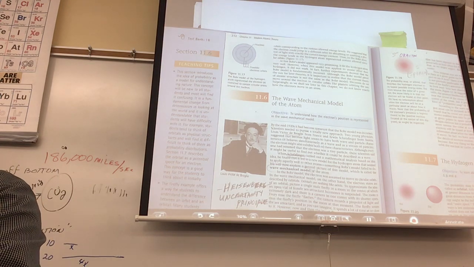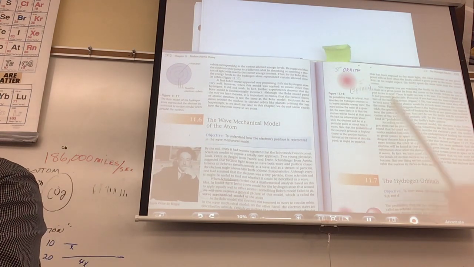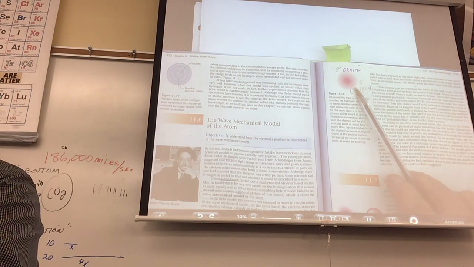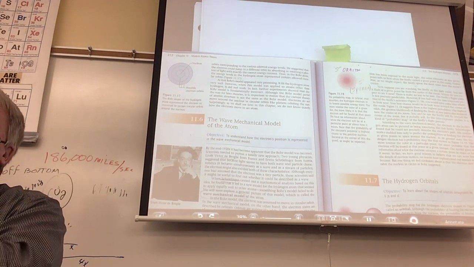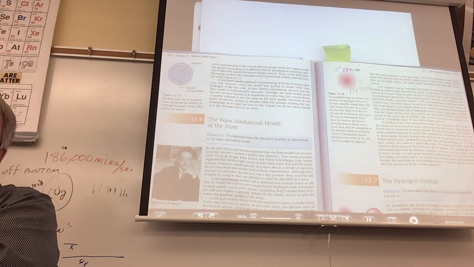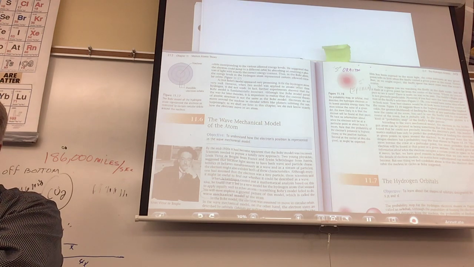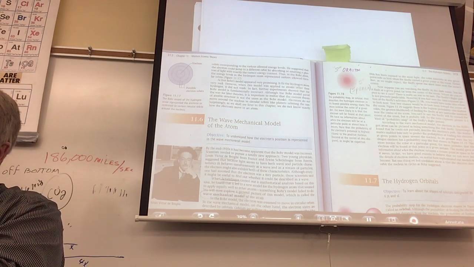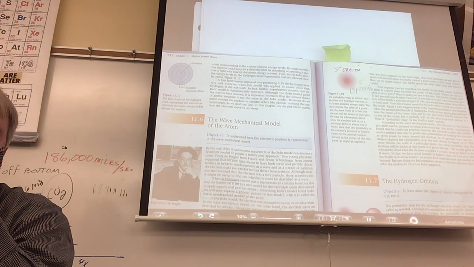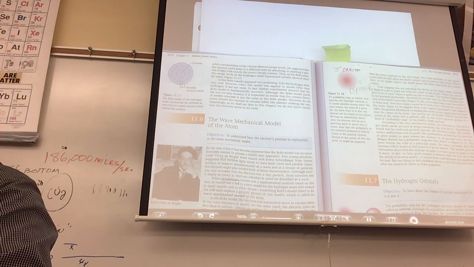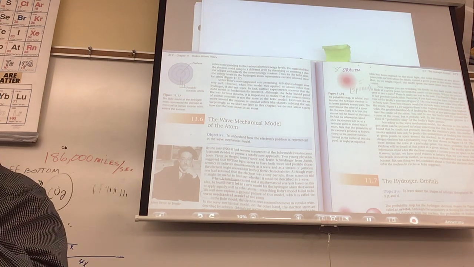Wave mechanical, yeah. Now, let me show you what this other guy did. Now, watch this. See that fuzzy little picture there? They used mathematics and said, well, tell me then, how will I know where the electron is? And they said, well, here's something we did discover. We discovered that there's one place the electrons are, and it's in this little ball-like area, and they're going to call that thing an orbital. I hate that name because it sounds like it's an orbit, but it's not. It's just called an orbital.